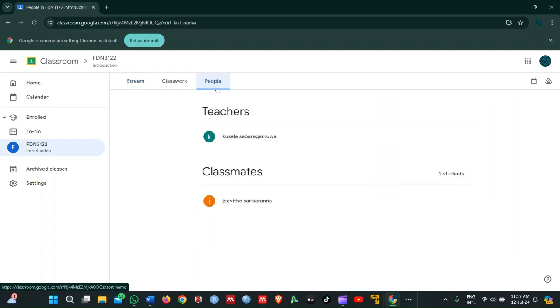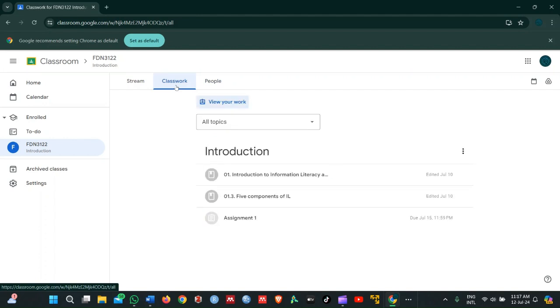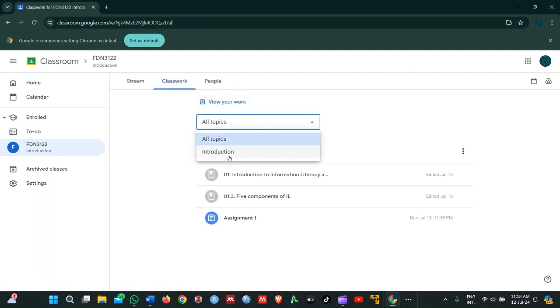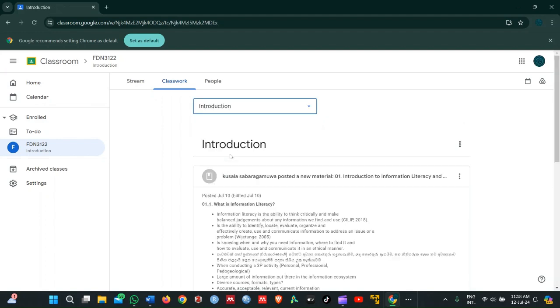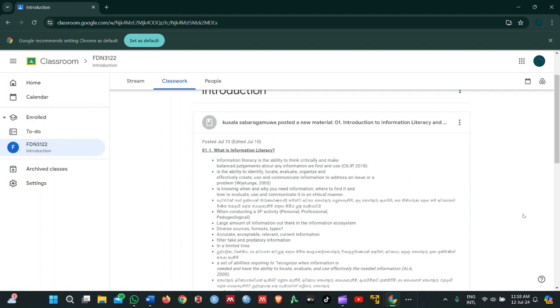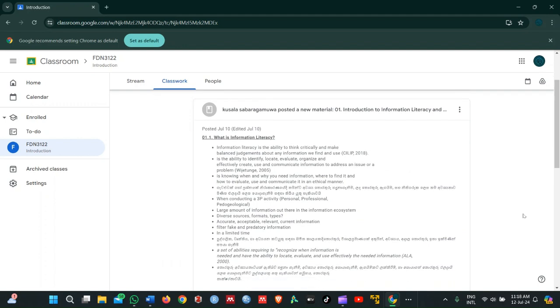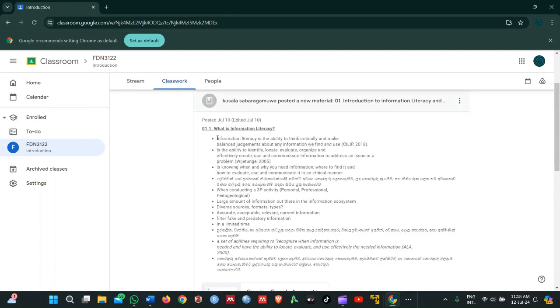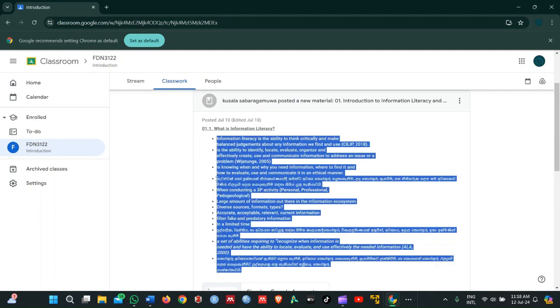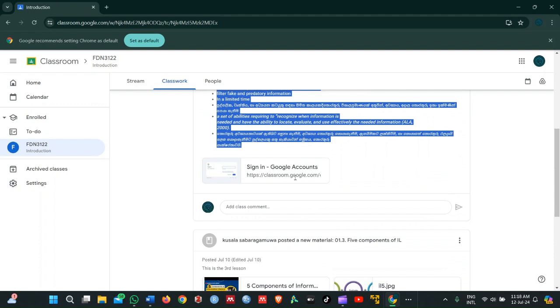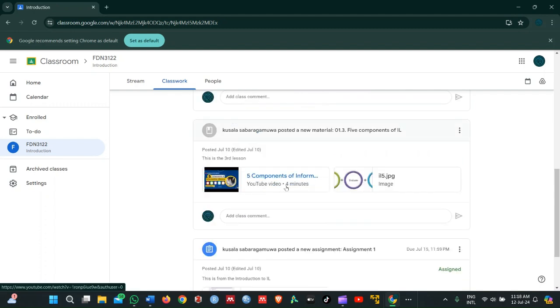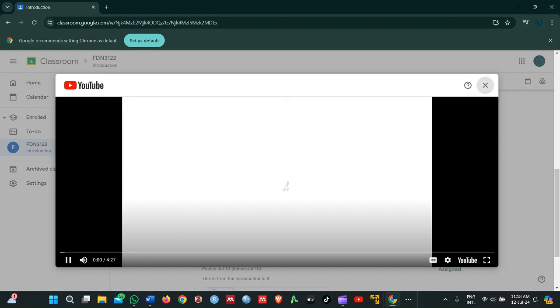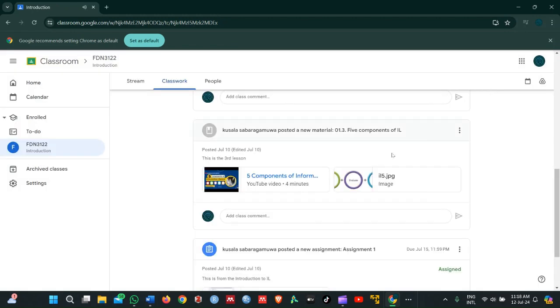In the people tab, you may see who else joined the classroom, and in the classwork you can select the topic. At the moment it's only the introduction here, but later on it will advance to many other topics. So under those topics you can have access to the content. The content could be text or a voice record, or something like a YouTube video like this, or an image like this, which most of us are familiar with,